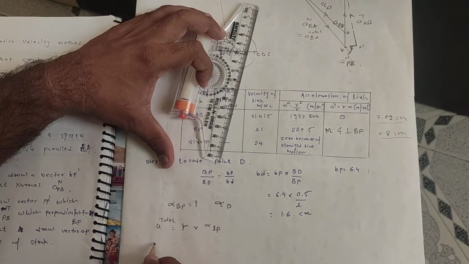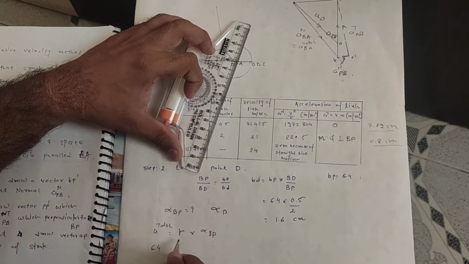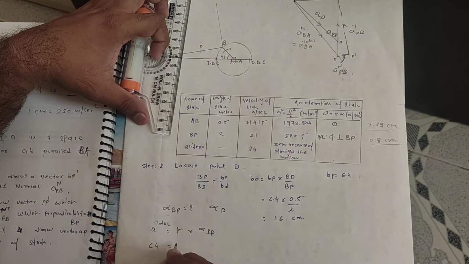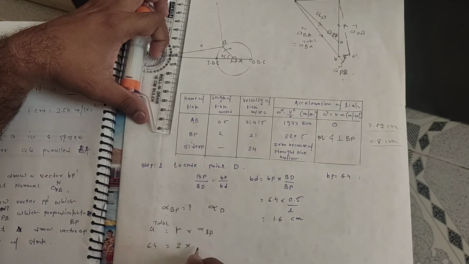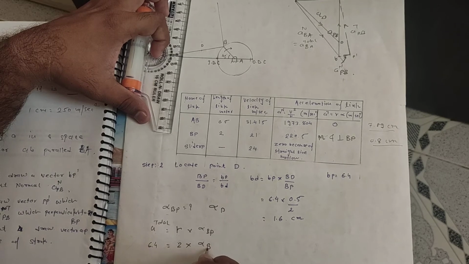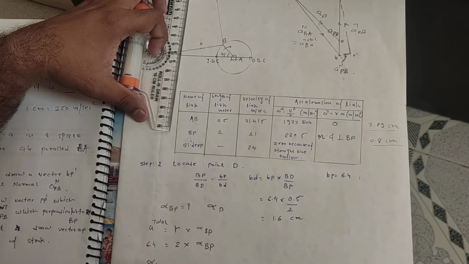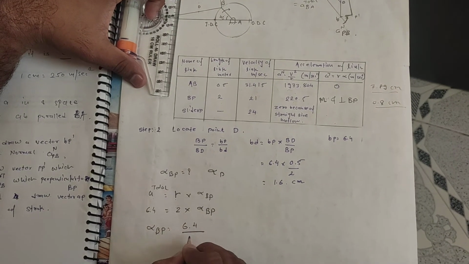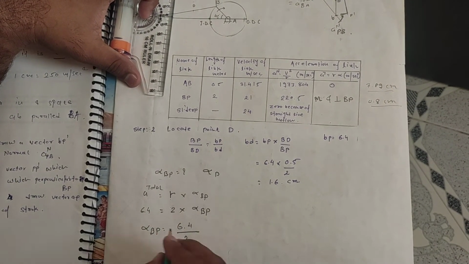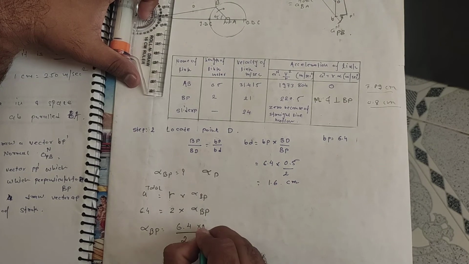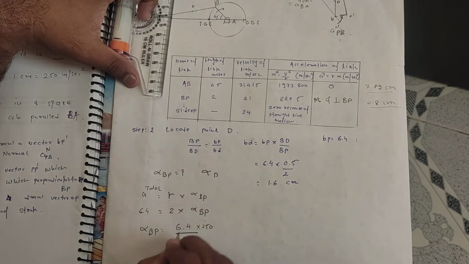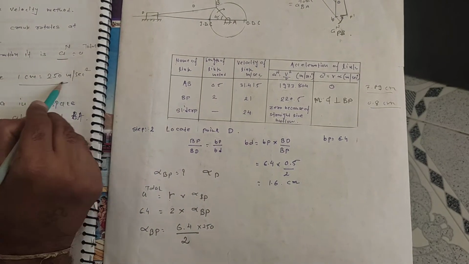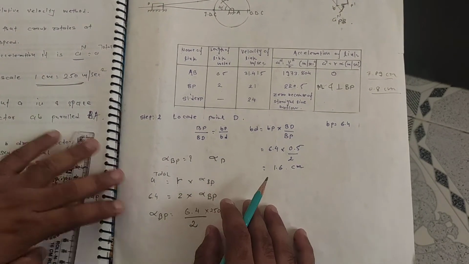So we write down here 6.4 is equal to the oscillation, and the radius is the radius of PB, which is given here as 2 meters, and we have to find the angular oscillation. So the angular oscillation is equal to 6.4 into 2, but it may be multiplied by 250, because we can consider a suitable scale, so it may be required.